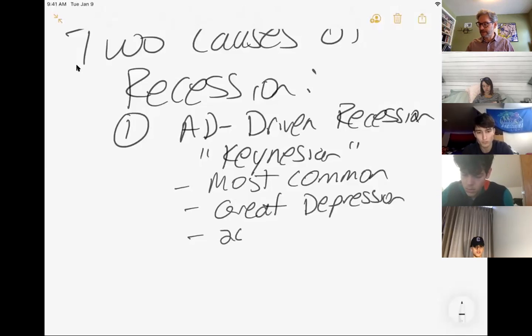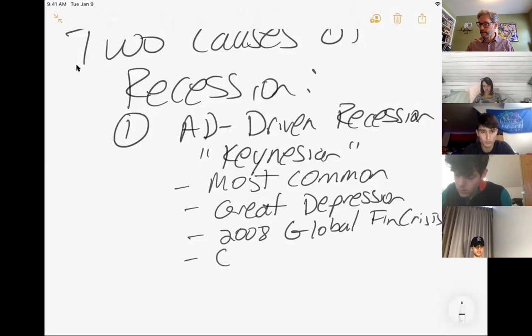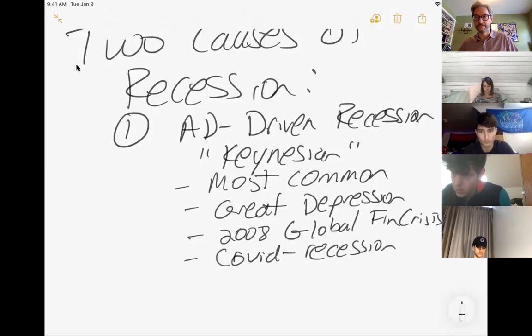It explains the 2008 global financial crisis. And it largely explains the COVID recession. Right? And I'm going to talk about all of these briefly. Some of them I'll talk more about than others. For instance, I won't have that much to say about the COVID recession because I think after we get to that point, we'll see a lot of comparisons between the COVID recession and previous